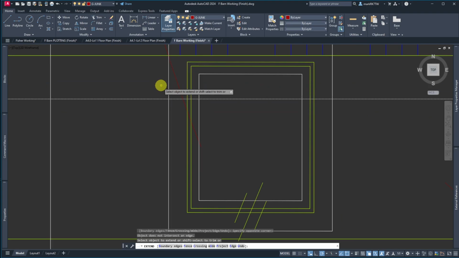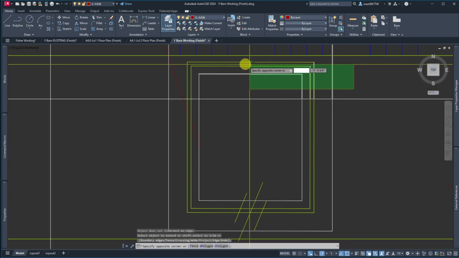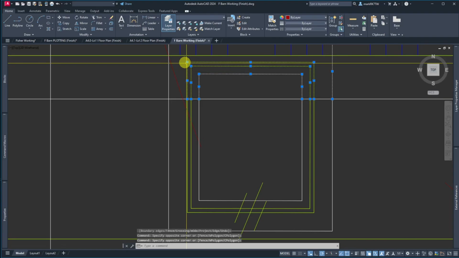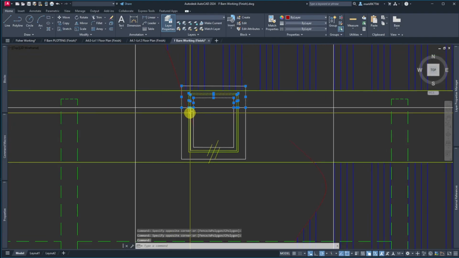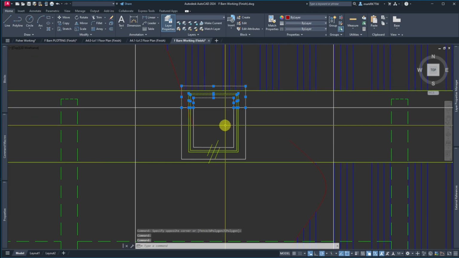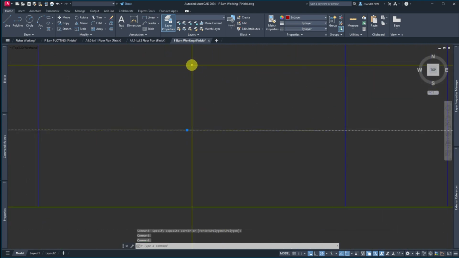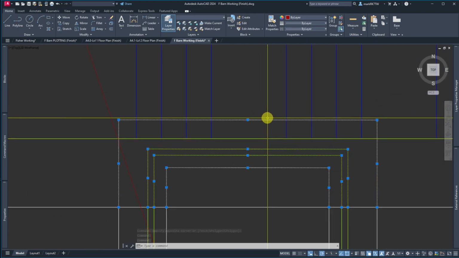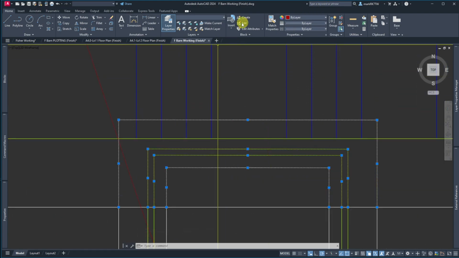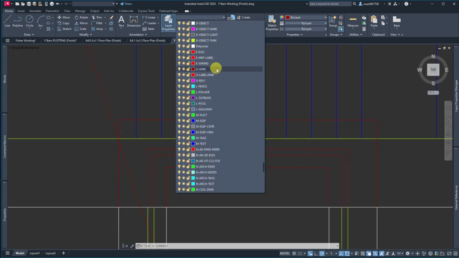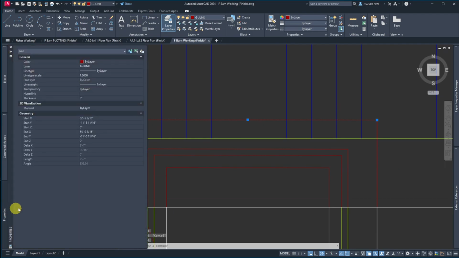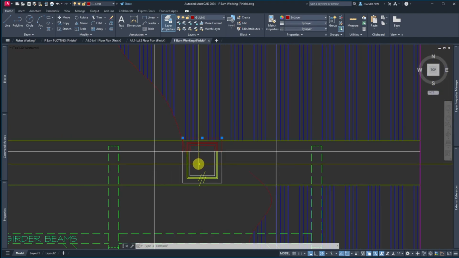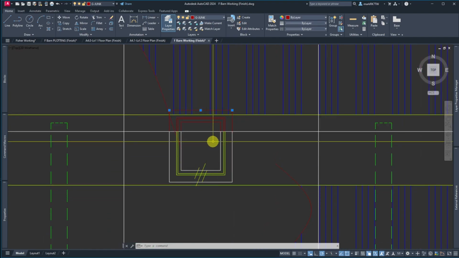Extend, it's hard. And then I can take these layers and change them to a G-junk layer, something that's just not going to print and show. And is that straight? Might have to check that. So for right now, I'm just going to drop it onto the G-junk so I know it's there. And then I'm going to just grab this, check its properties. I'm off. So when this got brought in, something happened. But before we go to all the trouble of,